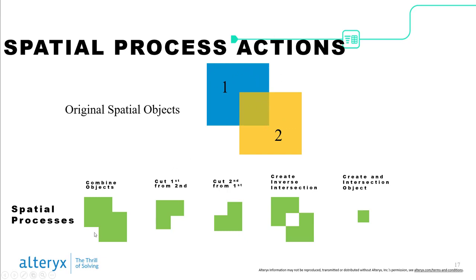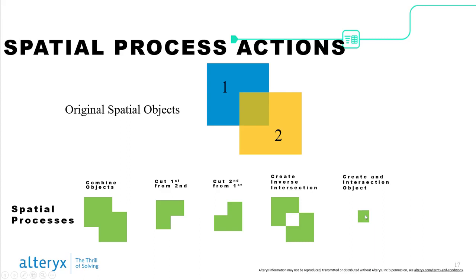The first thing I could do is combine them, and my output spatial object would look like this. I could cut the first from the second, so you can see my little piece of 2 is actually cut out because there's overlap on it. I could cut the second from the first, so now you can see the overlap of 1 is getting cut out of 2. I could create an intersection object, and I think this one's easier to start at before inverse